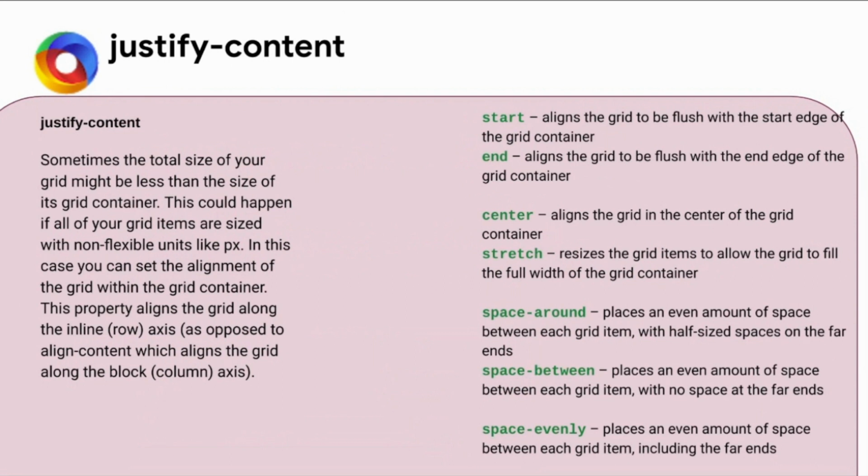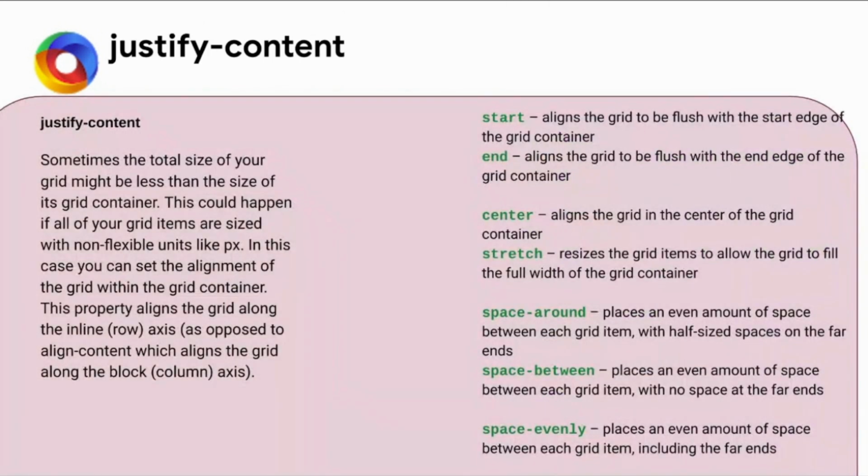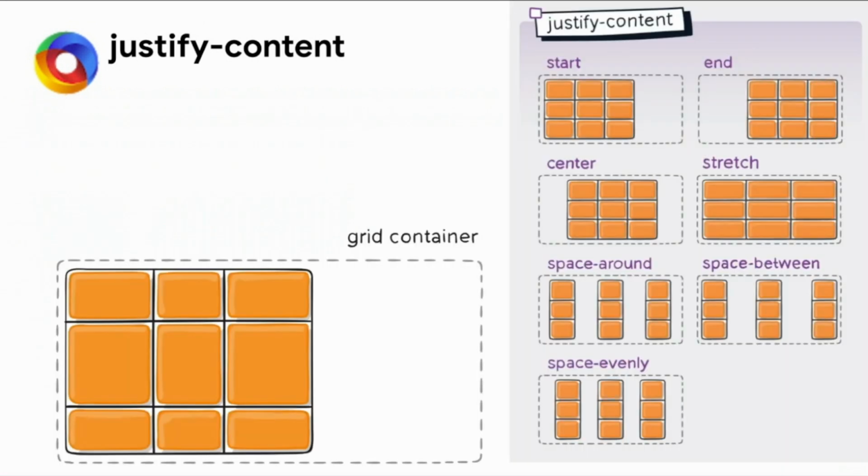Here, if you see place content first, so first the justify content. What exactly is it? Remember, in the place the concept remains the same. It has the same seven properties, and we can use it if your grid size is excess. Suppose your entire grid container, the grid parent, is very big, and your inner children are very small, very thin. In that case, you can use justify content to either center it, stretch it, or put it at the end or start.